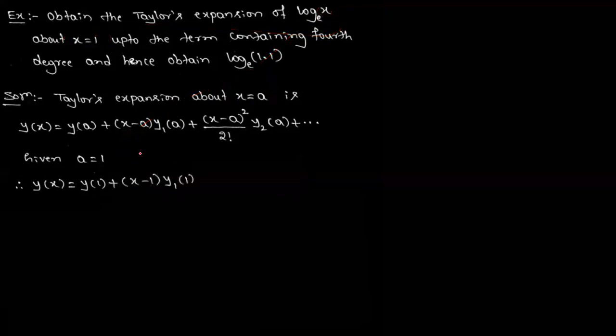Let us substitute. Before that, we are just expanding the Taylor series, taking 1 wherever a is there. So here also we have taken 1, and here also we will take 1. Till here we are not supposed to expand only, because we need to expand it up to fourth degree term. We need to write 2 more terms.